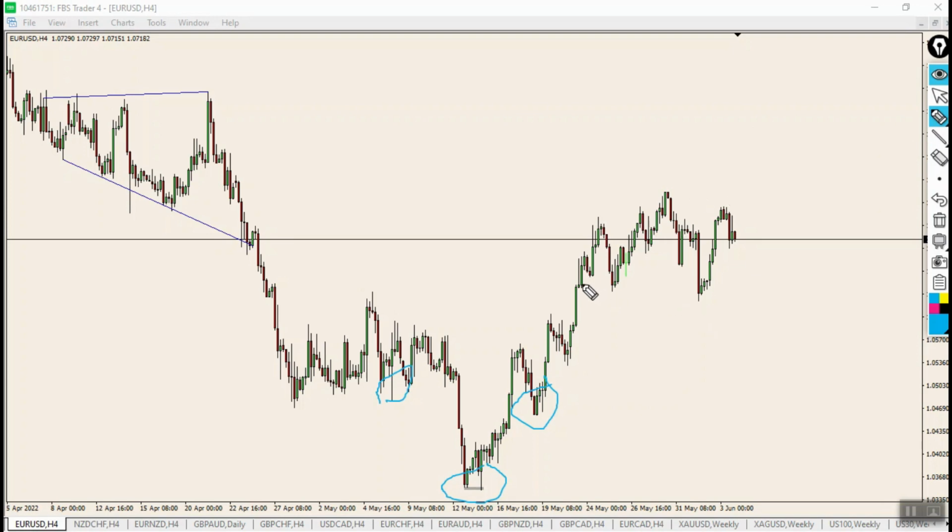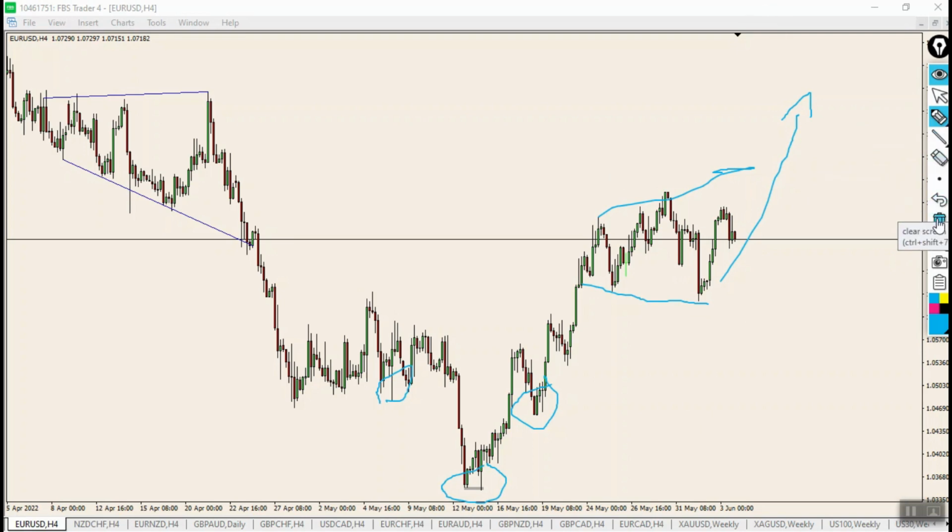So you could easily say that this is a continuation pattern of sorts to the high. Excuse my drawing, it's very terrible. So there could be a possibility that this is the continuation pattern to the high, or